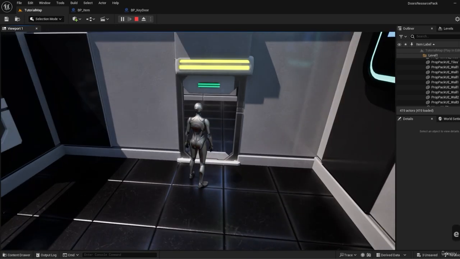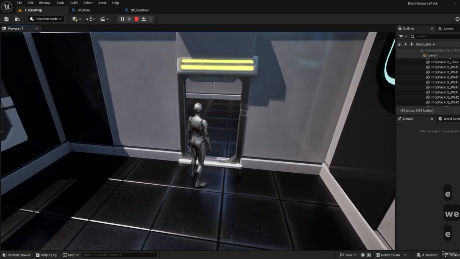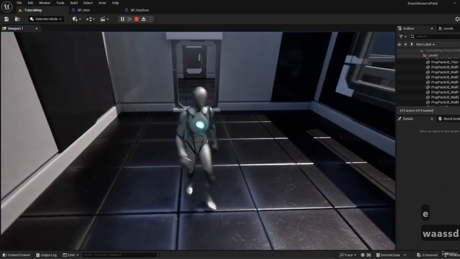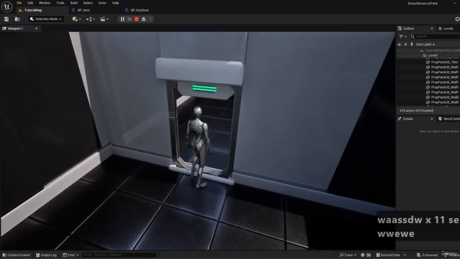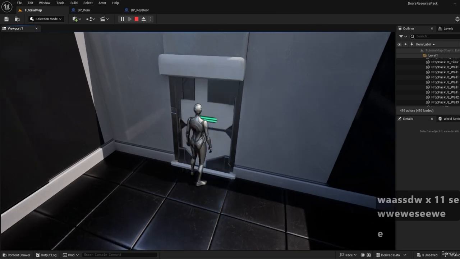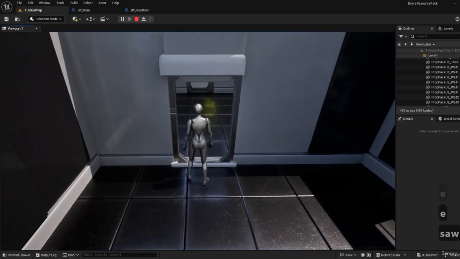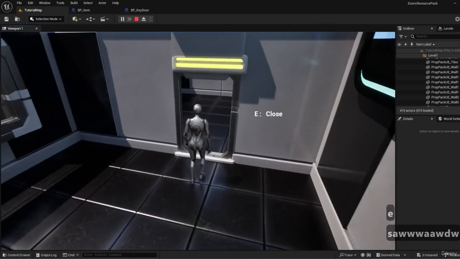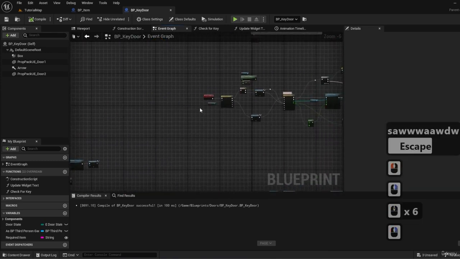So it's open and it closes. When it finishes opening, it doesn't show me the widget. When it's opening, and okay, so let's go to the key door,